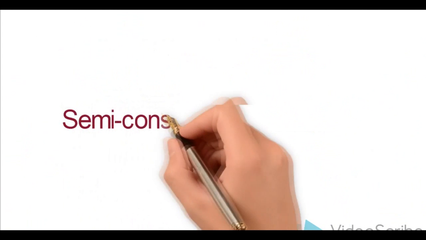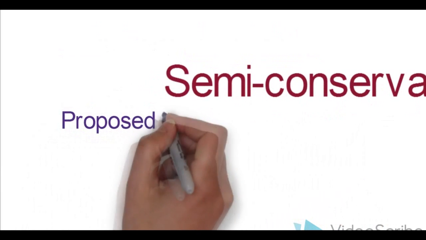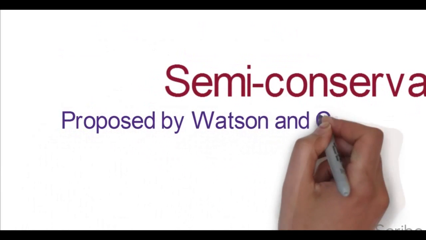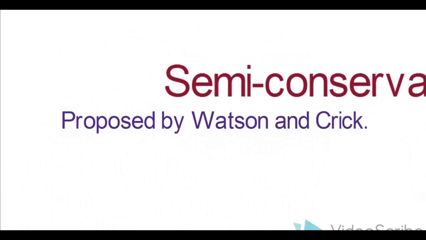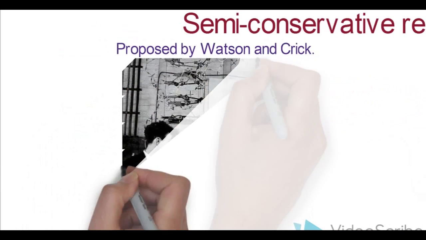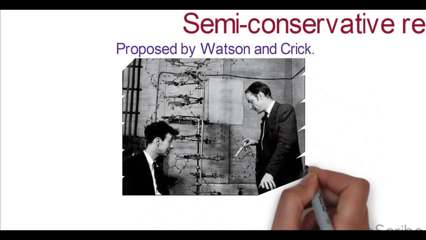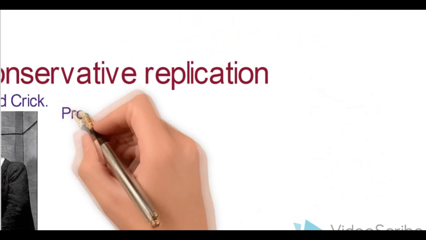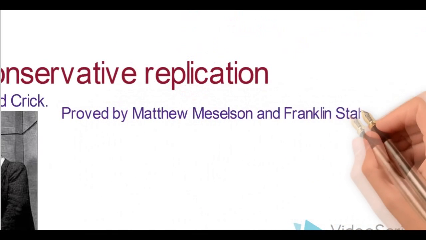Let's stop at the history of semi-conservative replication. The method of DNA replication proposed by Watson and Crick is known as semi-conservative replication, since each new double helix retains one of the two strands of the original DNA double helix. The evidence for this mechanism was provided by a series of classic experiments carried out by Meselson and Stahl in